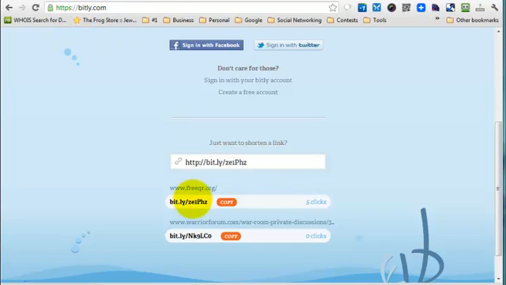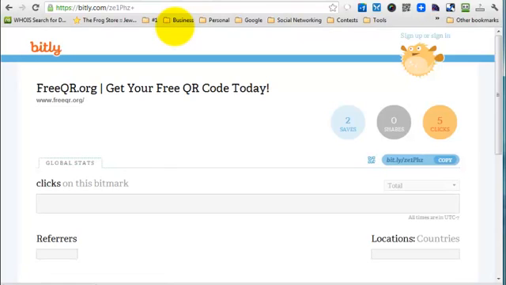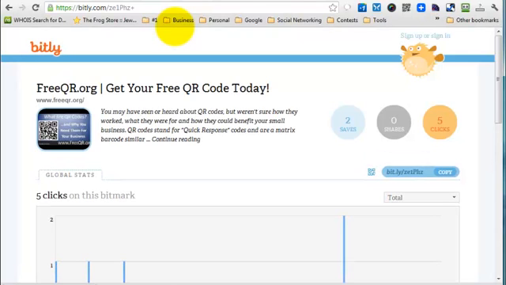So what we want to do after we copied the short URL is we want to delete the Bitly out of the address bar and paste in the short URL, and then just add a plus sign to the end of it, like this. Now what this does is it brings us to the statistics page for that short link. And so on the statistics page, then you'll see here, and it's very small, but